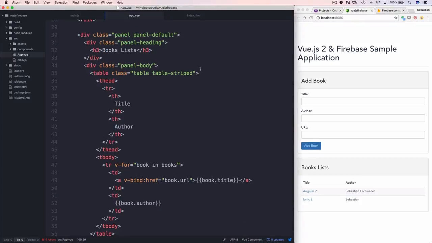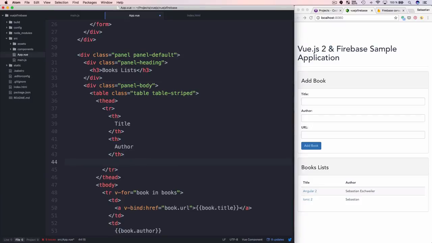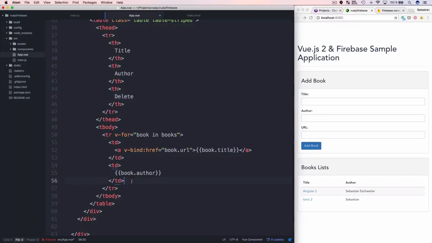Okay, let's now include another option, so the option to delete entries from the database and from the list, of course. And we do that by first starting in the template. Here I'm in the template, in the section where the table output is generated, and the first thing I do here is to include another column in our table. So let's give it a headline, delete, and then